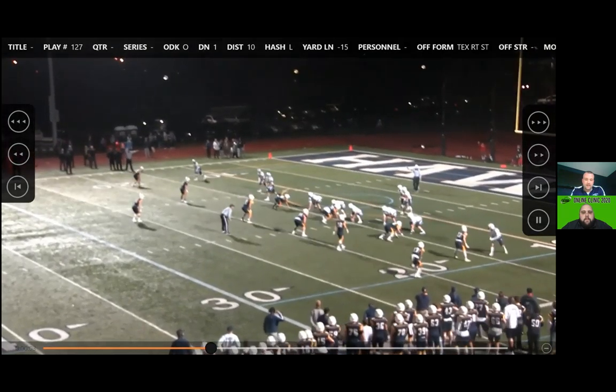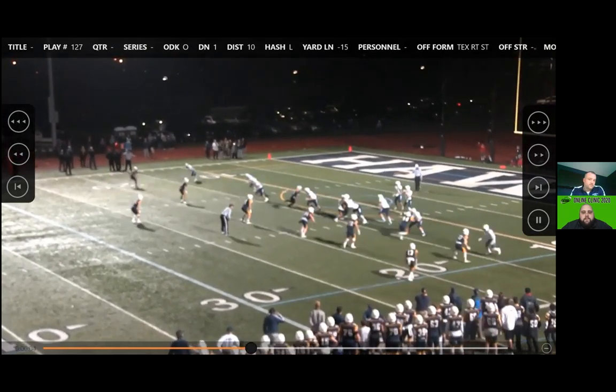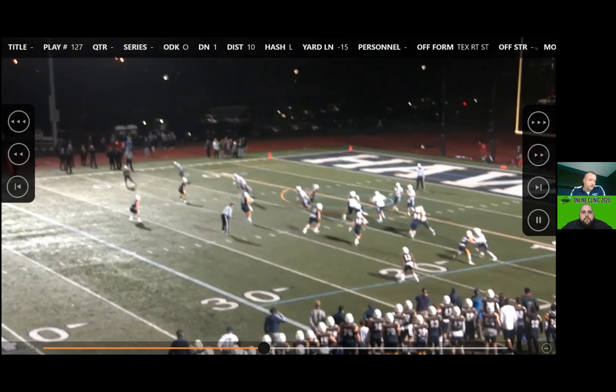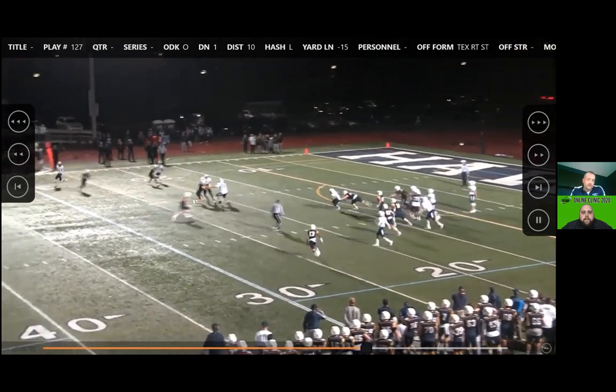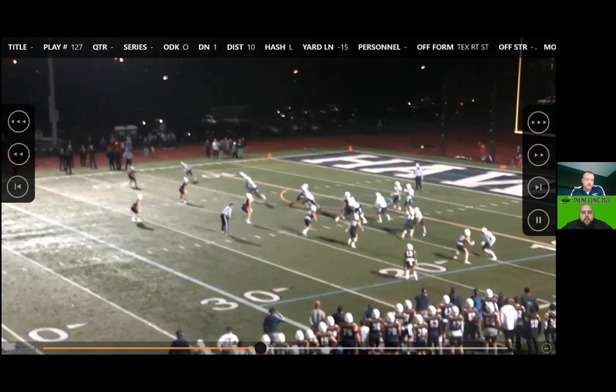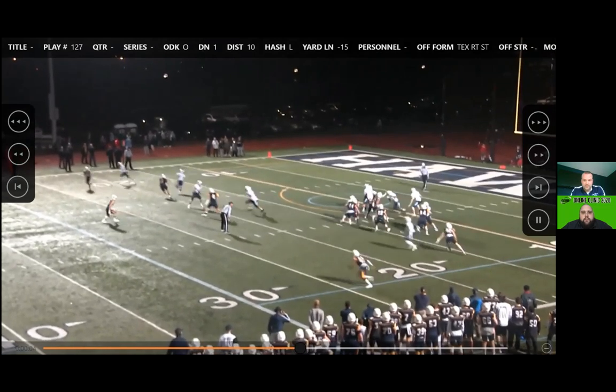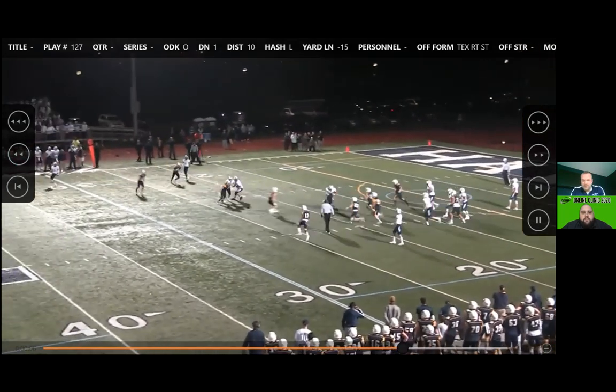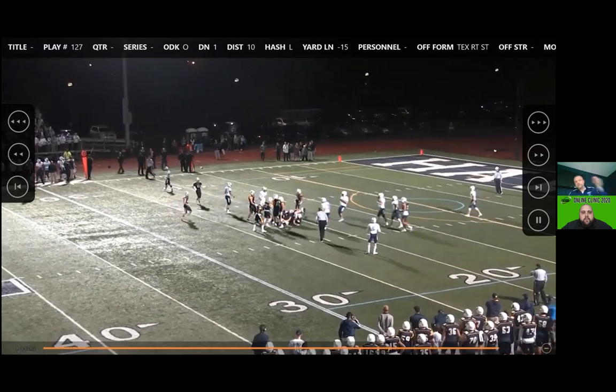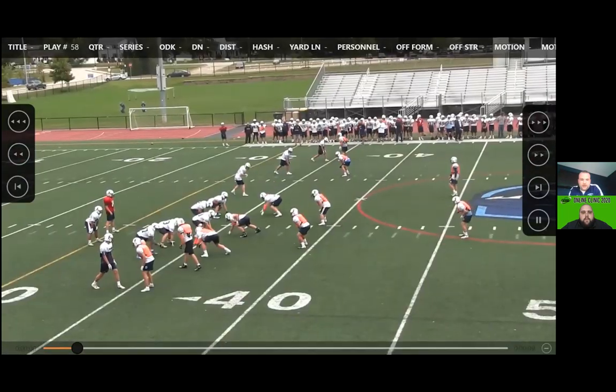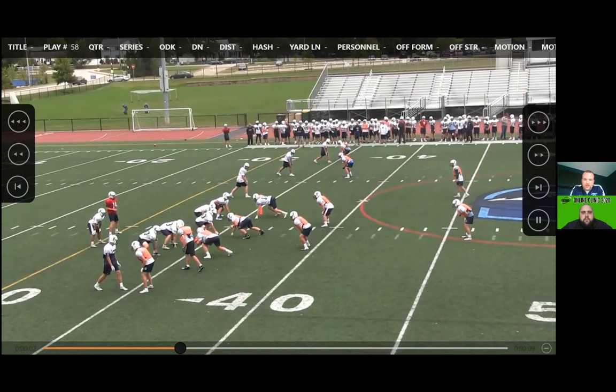I really can't account for why the tackle sprinted to where he sprinted, but I guess he thought he was running the stick route too. But that's just what we were trying to do in this game. The other time we ran it, the D tackle blew it up, but the read was the same, and it ended up being all right. Here's just some draw. Again, we want to throw it.